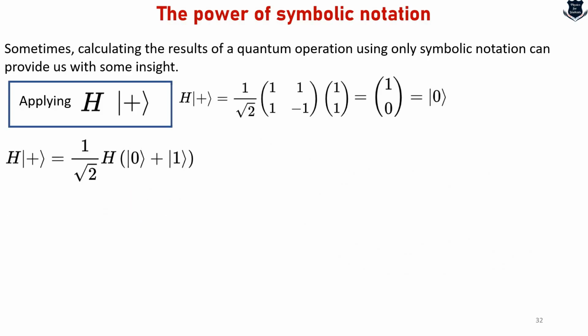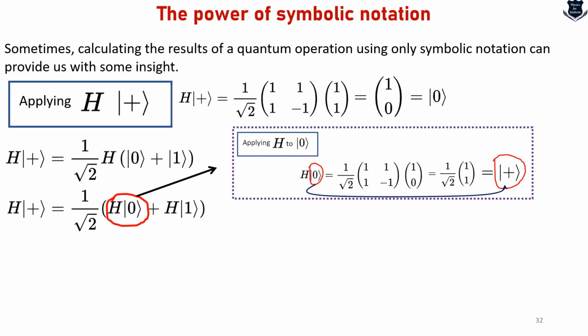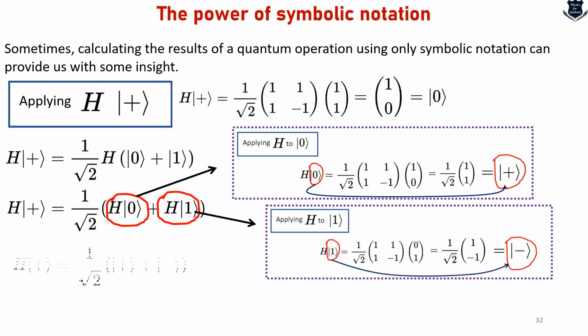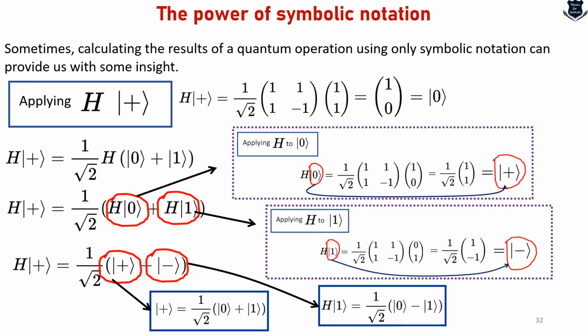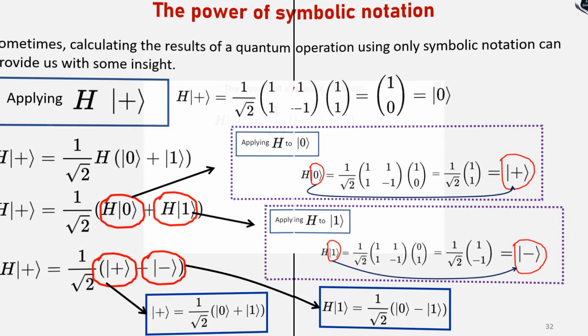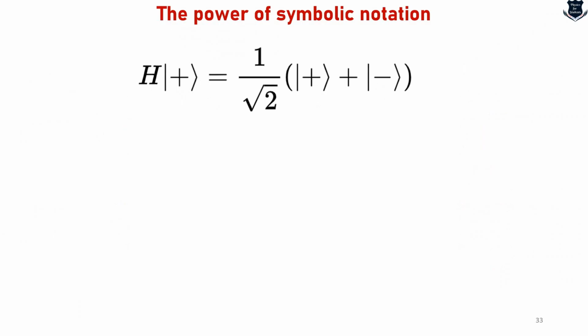Now let me again explain. I'm applying H over here, and I'm showing that H0, which we have previously calculated, has a plus state, and H1 has a minus state, and from there we get this one. And this plus has already come from the plus state, because this is 1 by square root of 2, 0 plus 1, which we have earlier calculated. And this minus also comes from 0 minus 1. So essentially this plus has a 0 plus 1, and this minus has a 0 minus 1. Let us look into this on a fresh page, we will understand.